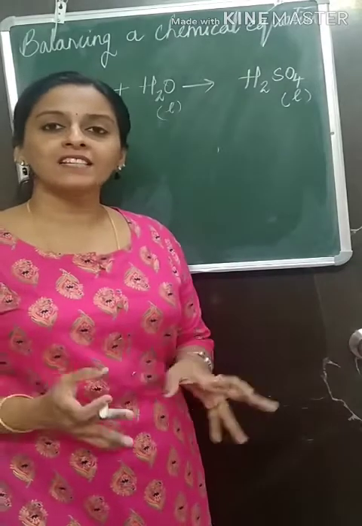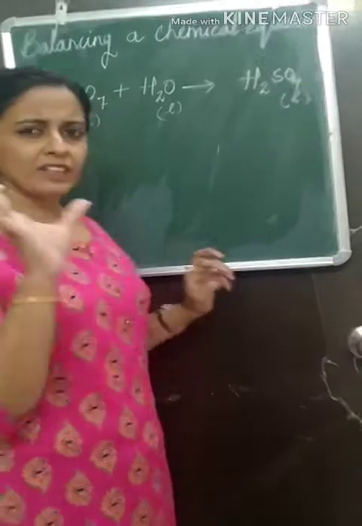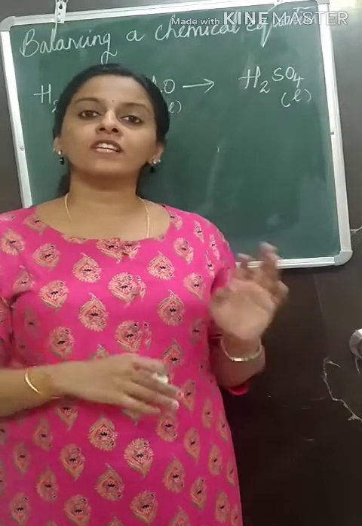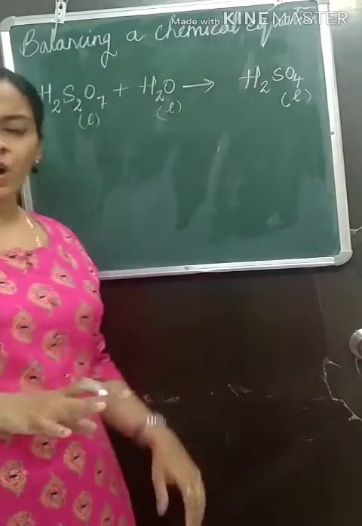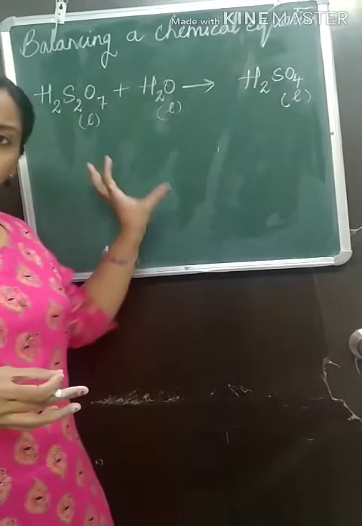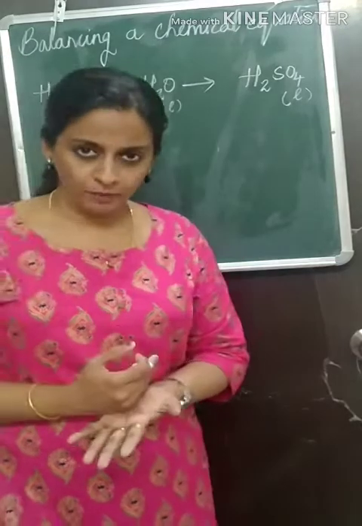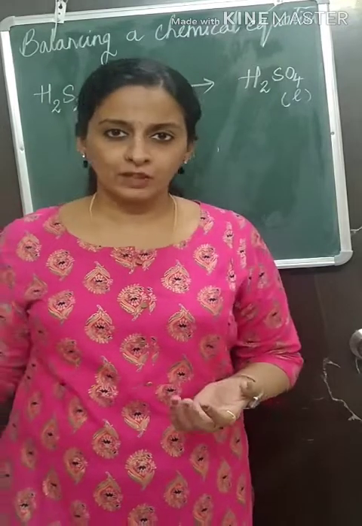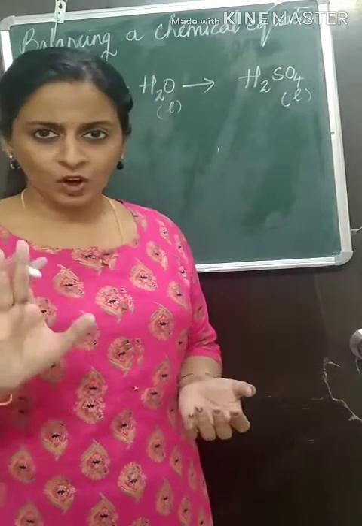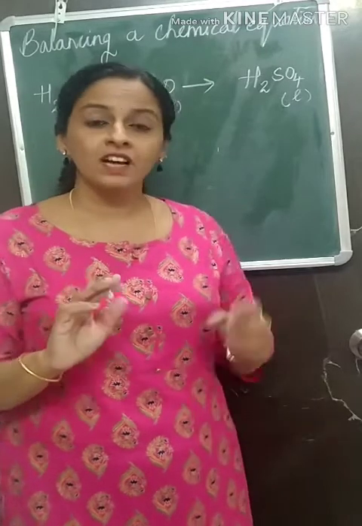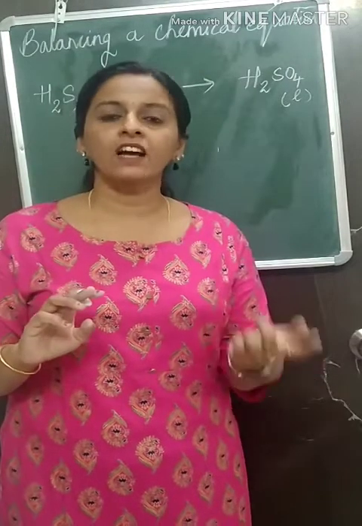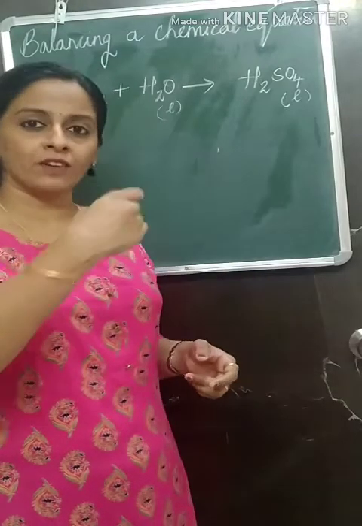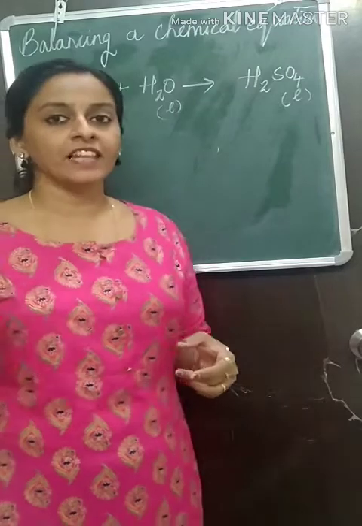Understand how to balance a chemical equation. Just keep in mind these few steps as I tell you. First we always start with a metal. First you will count the number of atoms present in the metal. Then we will consider a non-metal. Okay. Then we will consider oxygen. Then we will consider hydrogen. Oxygen and hydrogen are both non-metals, but we will not consider them first. We will consider any other metal or non-metal first. Okay, so remember this way. First metal, then non-metal, then oxygen, and then hydrogen.